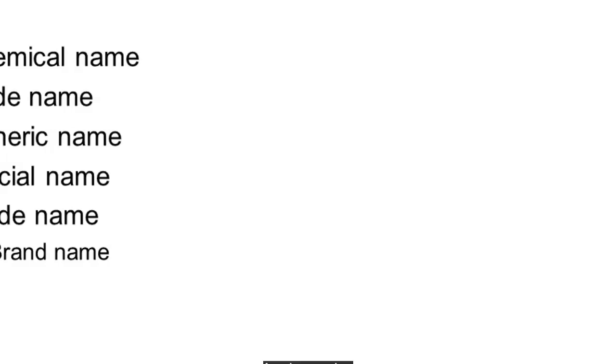A code name is a name assigned by the manufacturer to an experimental chemical that shows promise as a drug. An example is the code name for albuterol sulfate, which you know as Ventolin or Proventil, is RO3AC02. Generic names are assigned by the United States Adopted Name Council, or USAN, when the chemical appears to have